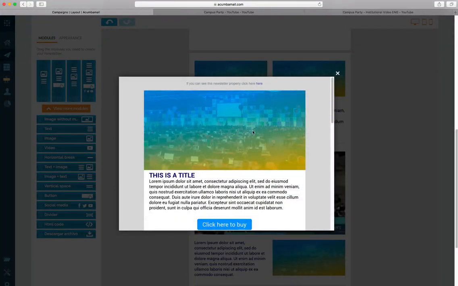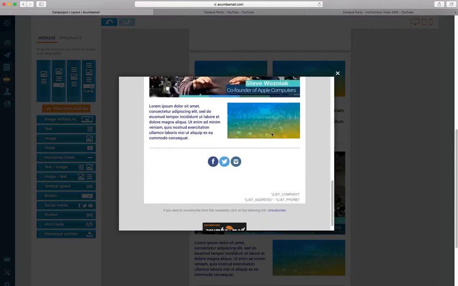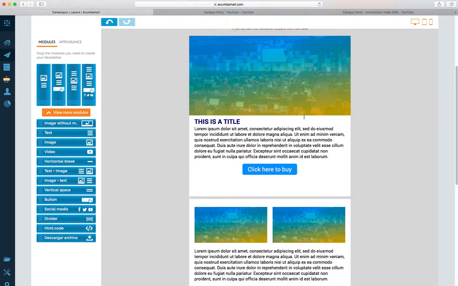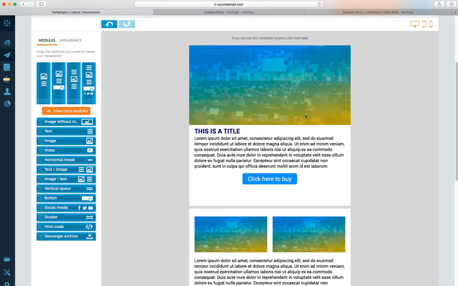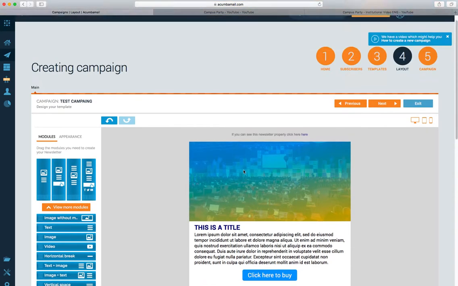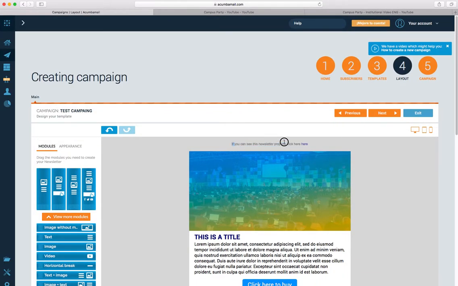You can see it's a good option for an email. It depends on what kind of content you want to add. It doesn't have to be so long. Now maybe, for example, if you want to add more information, you can do it. This line is a very important line. It's the second line that the user will see in their